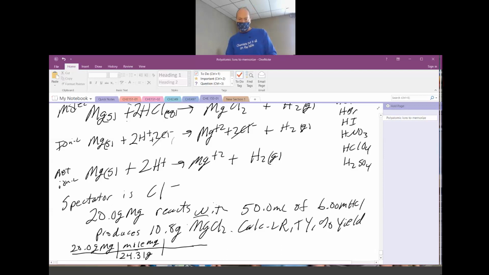Now they give us information on MgCl2, so we then use the mole ratio to go to moles MgCl2. We see that 1 mole of Mg will produce 1 mole of MgCl2. So moles of Mg cancel moles of Mg. Grams of magnesium cancel grams of magnesium. Since the answer that they gave was in grams, 10.8 grams, then we will go to grams. So the molar mass of MgCl2,